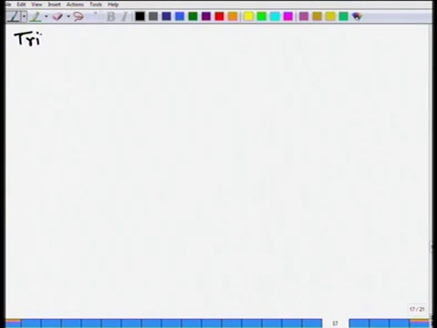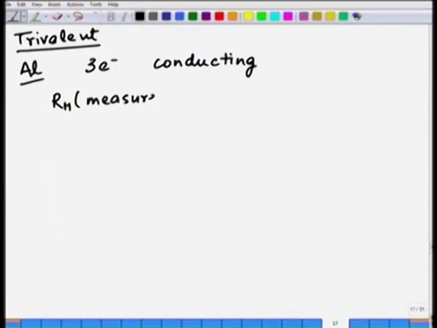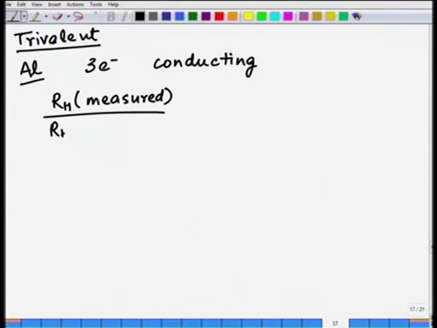Briefly, I will also mention trivalent metal, because that was a problem which we never were able to resolve. You will recall in the case of aluminum, where we think of 3 electrons conducting in free electron theory or Drude theory, we found the Hall coefficient to be equal to, multiplied by n times q, or rather I should write this in a different form, RH which was measured and RH which was theoretically predicted,